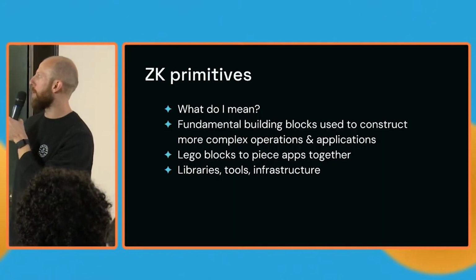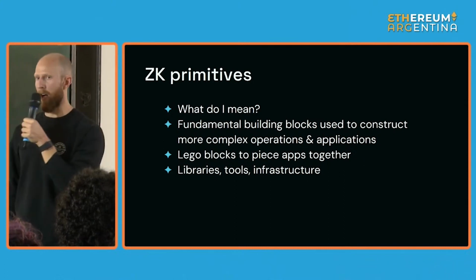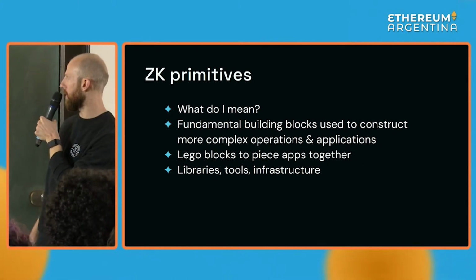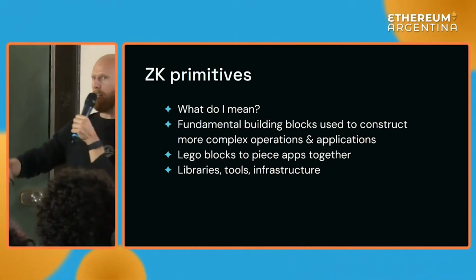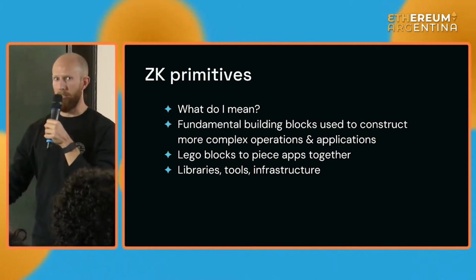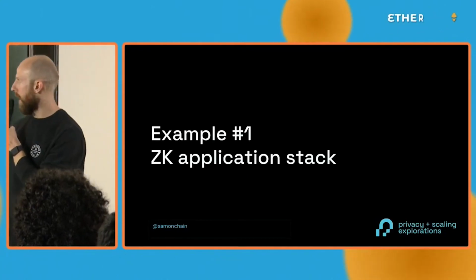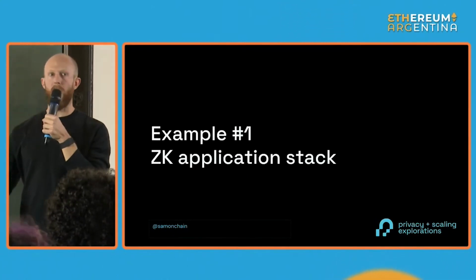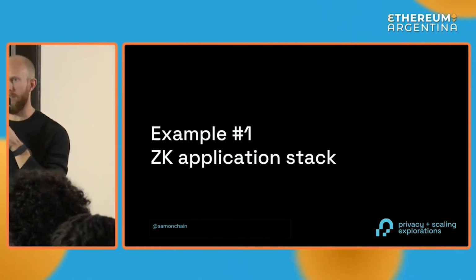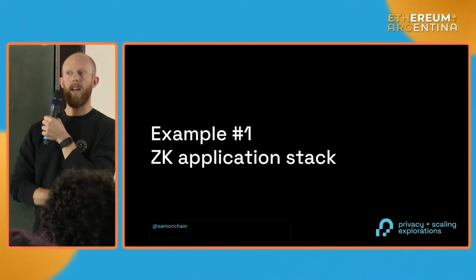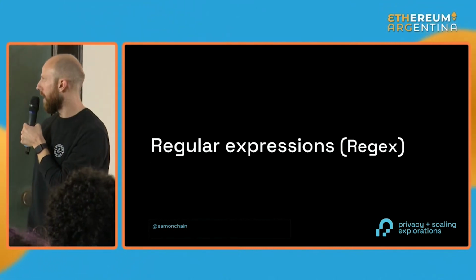So what do I mean by primitives? I'm really not going to try to get into the low level cryptography and the hash functions and elliptic curves. Really, I'm just referring to those Lego blocks I was talking about: existing applications or libraries that people can plug into today to build some really interesting things. What I'm going to do is walk through a couple examples that I think are really interesting and hope to inspire you folks to think of even more things, because it's a wide open space and we're still exploring this frontier together.